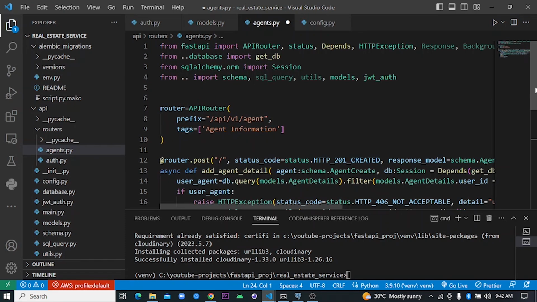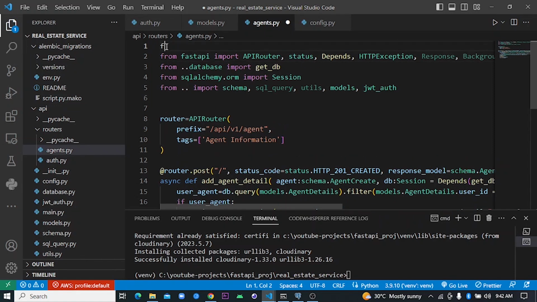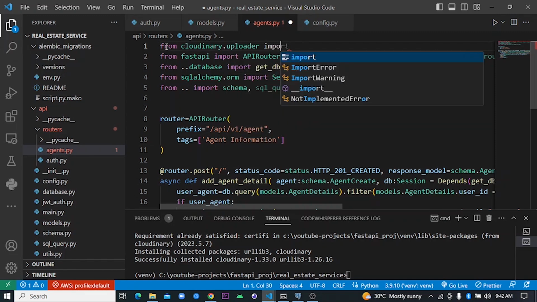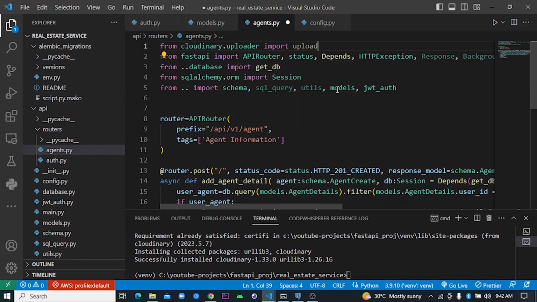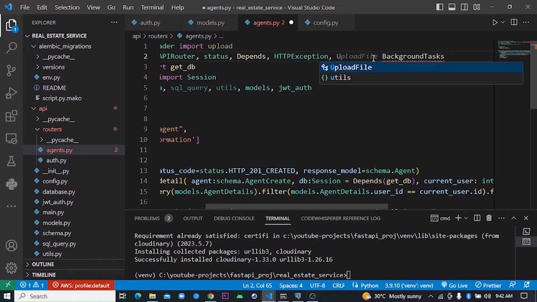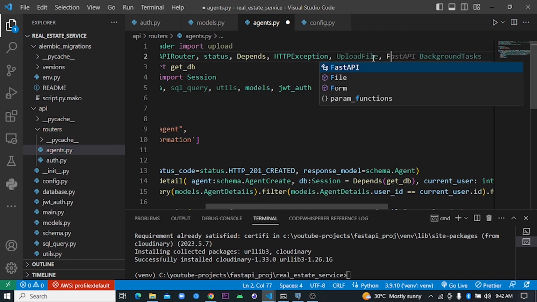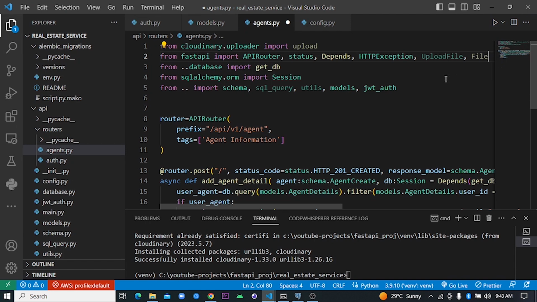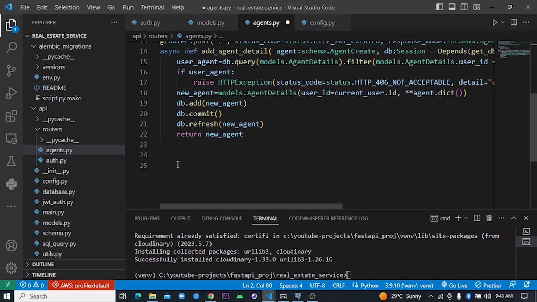For us to use Cloudinary, we have to make some imports. So we are going to say, I think, from cloudinary.uploader import upload. All right, that's what we want to use. And secondly, we also want to import from FastAPI the UploadFile and also File. We don't need these background tasks now. All right, our imports are set, so we can head over and start creating our endpoint